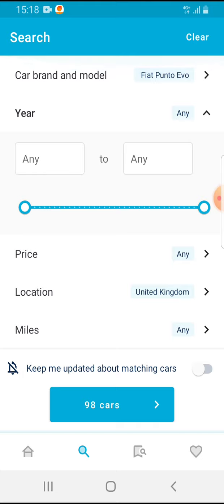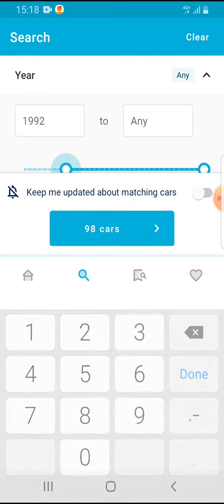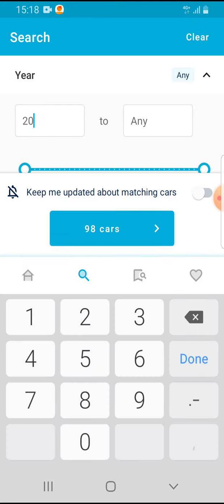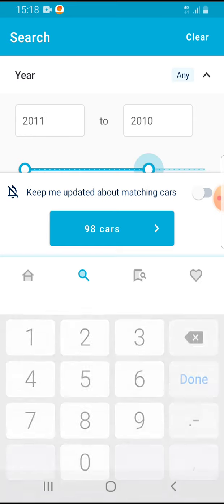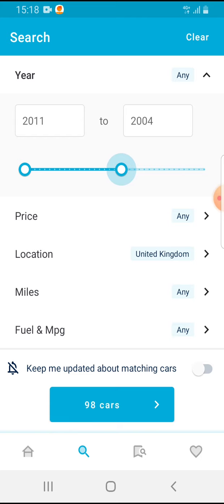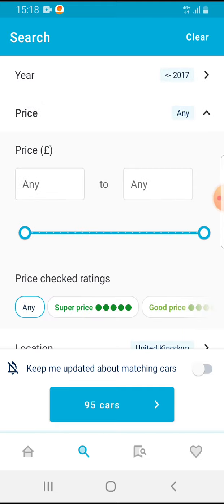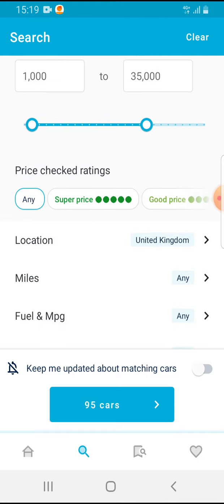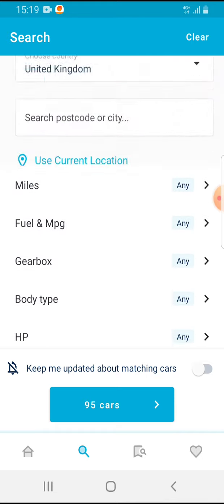If you tap on a year, you have to select a year. You can select by writing the number, or just moving this thing. Okay. You can select the price. Let's say between 1,000 and 35,000 pounds. If you scroll down, you can select the location,